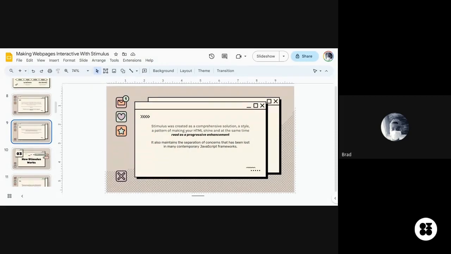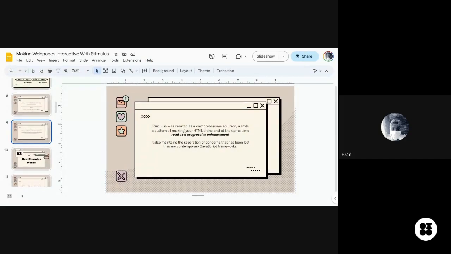So what this is trying to say is that if you were to come across a Stimulus code base, let's say you were employed or you got a gig and they were using Stimulus, the way they created it, when you get onto that project and spend an hour or two, you should be able to understand: okay, this is my JavaScript, this is what this is doing, this is what that is doing.